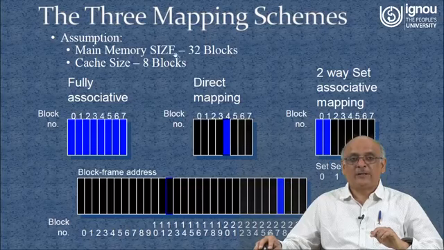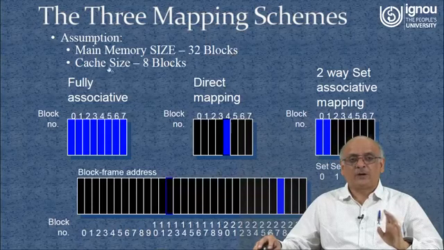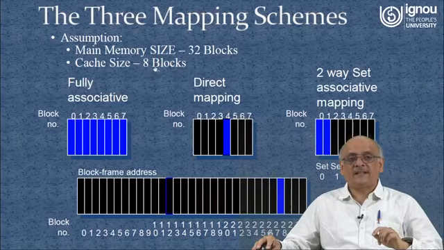So these are the 3 mapping schemes put together into one example, and we have followed a slightly different scheme. Suppose main memory size is 32 blocks. Now we have just referred to the overall size as blocks. Blocks can be anything in this case, 4 bytes, 8 bytes, it does not matter, because in both cases our basic unit happens to be the block. And cache size is 8 blocks.